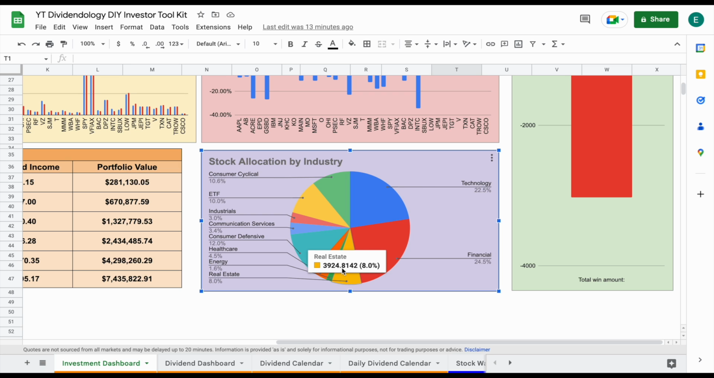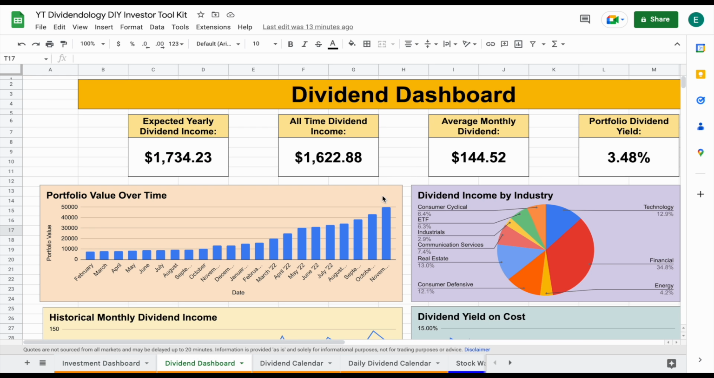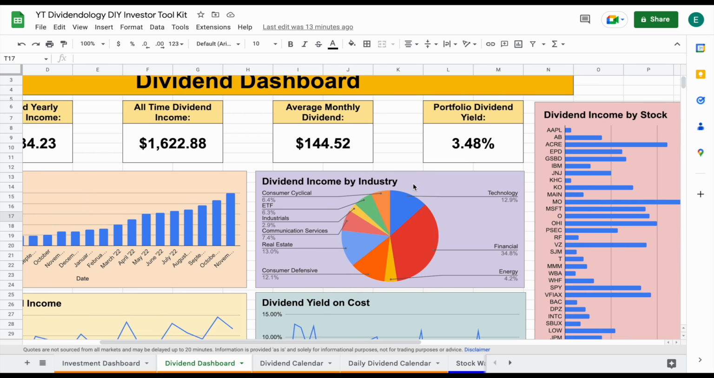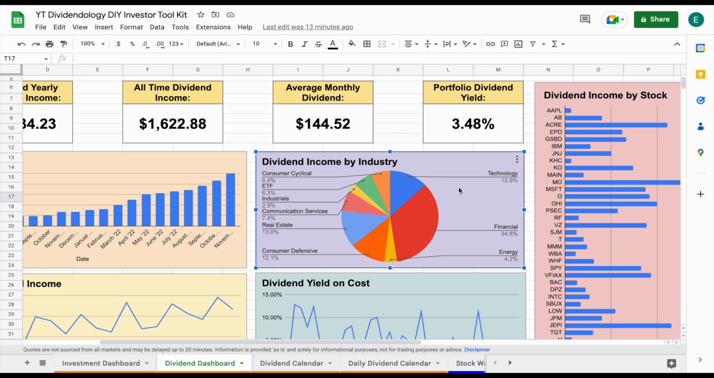Now, the last thing we do need to understand about diversification as dividend investors is where is our dividend income coming from? So we're going to be looking at my dividend income by industry chart right here. So again, it's a similar concept. We can see 12% of the income I get from my dividend portfolio comes from technology, consumer cyclical about 6.4%, real estate about 13%, and